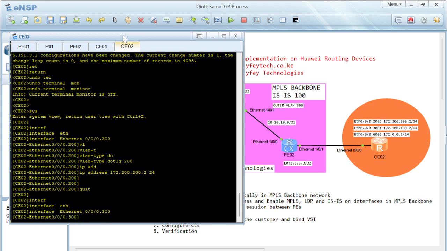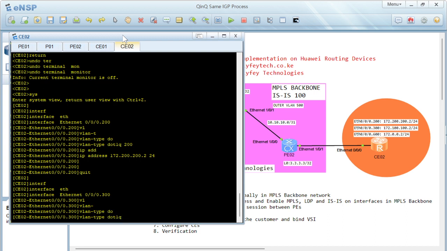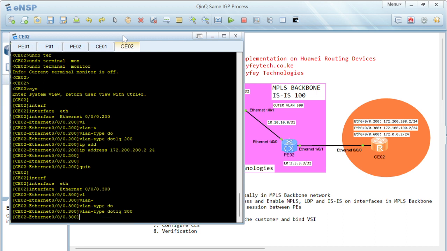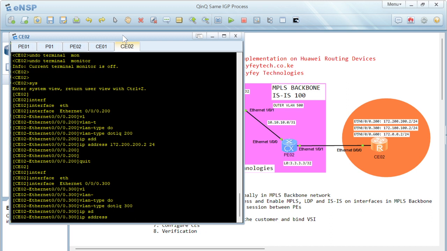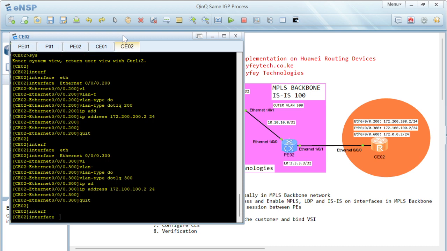.300, VLAN type .EQ 300, and then IP address of 172.100.100.2, mask is 24. And then finally our last sub interface,